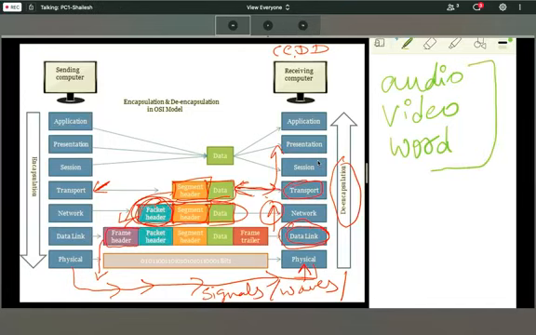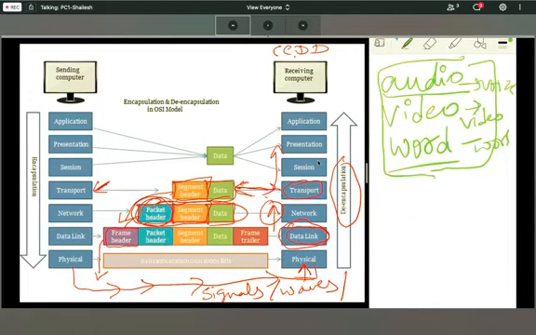Audio belongs to voice, video belongs to your videos, and this is word. Right now we are doing video conferencing, and in our conferencing, audio, video, and word are all there. So whenever data is presented to your computer, the presentation layer checks what kind of data this is.